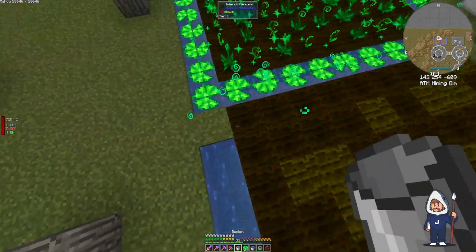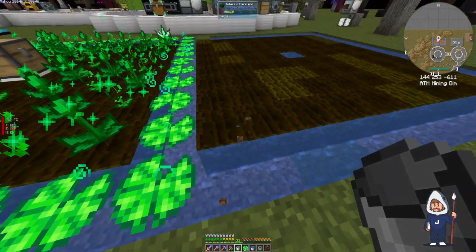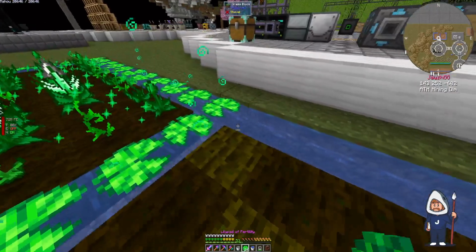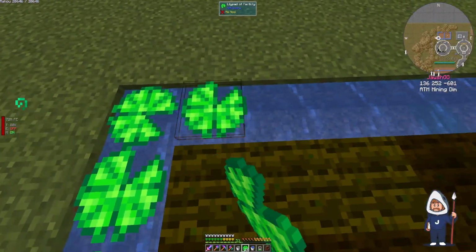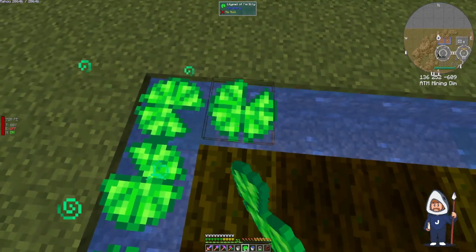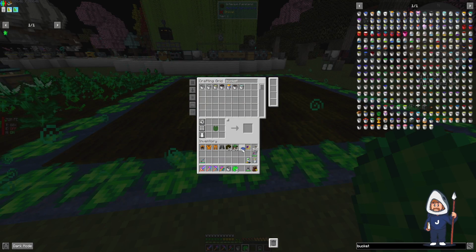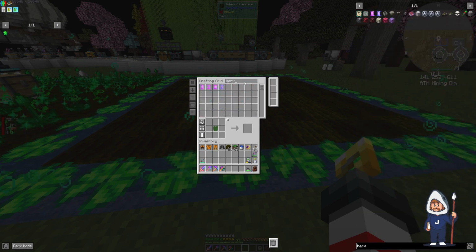Okay. So now what we'll do here is do this right here. And that'll be good. And then we'll do this right here. And that'll be good. Okay, cool. So now we'll just run around and plop these lily pads down. We won't have enough to fill the entire thing up. But, or we will have enough to fill the entire thing up. Very nice. Okay. So now the next thing we have to do is create what's called a harvester pylon, which